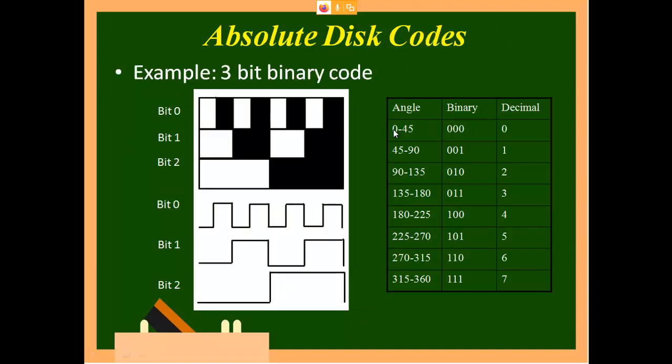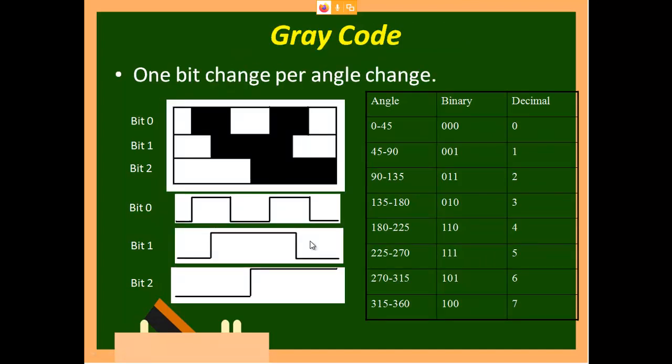So what I told, the angle will start from 0 and reach 360. That is the maximum case. So I can measure 0 angle to 360 degree angle with the binary coded value which I am getting from that particular disk. Similarly, this is for gray code. Similar to binary, gray code will also identify the angle between 0 to 360 degrees based upon the ones and zeros which you are getting from this gray code. Here you can see everything is 1. Here it is 1 1 0. So similarly, you will get your value as 0 0 0 or 0 0 1 or 0 1 1 or 1 1 1. So it is from 0 degree to 360 degrees.